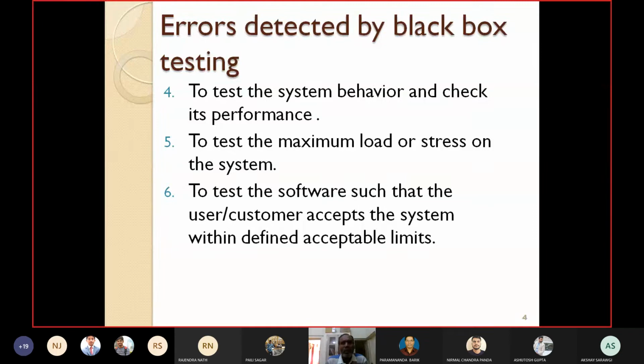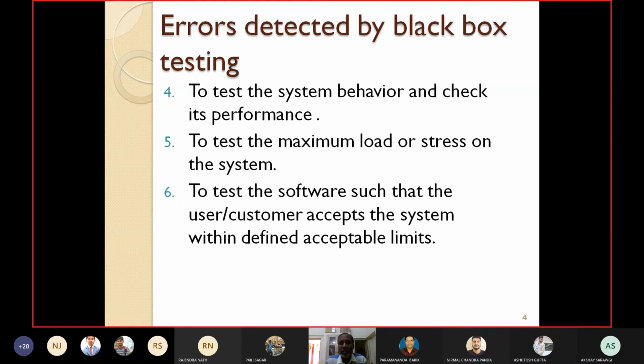So black box testing can be used to test the maximum load or maximum stress on the system. Black box testing also can be used to test the software so that the user or the customer accepts the system within the definite acceptable limits. Every system cannot bear indefinite load or indefinite stress.